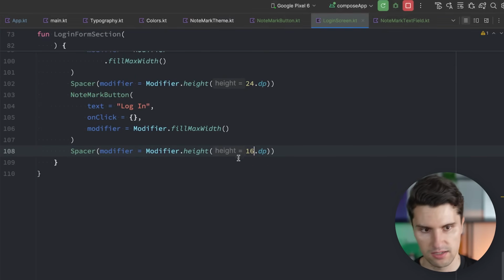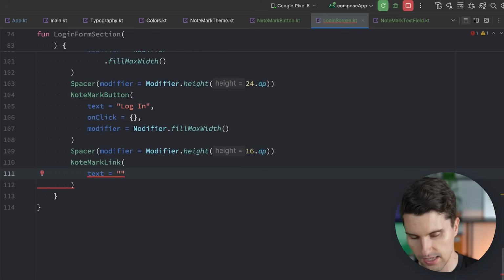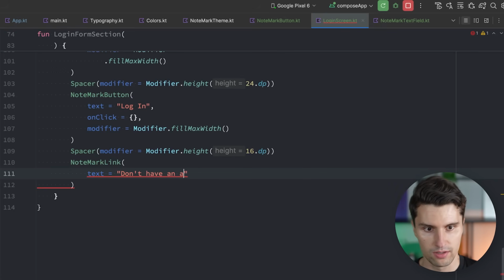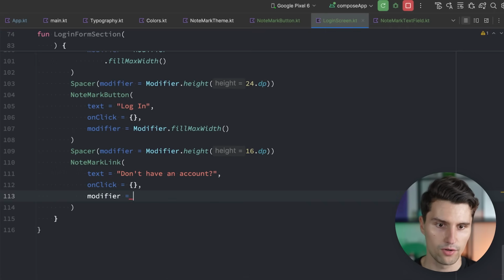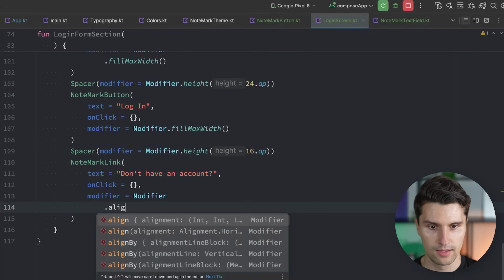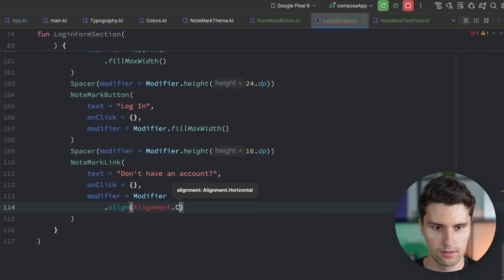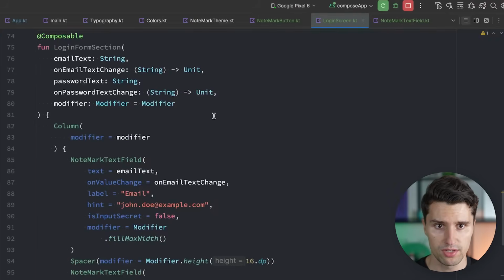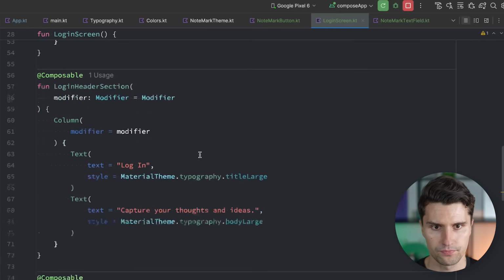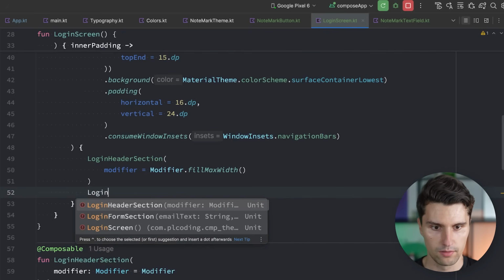This one can be 16 dp again, but then we have NoteMark link, where the text says don't have an account. OnClick is empty. And lastly, the modifier would be Modifier.align, so to align this in the middle of our column horizontally. So we can say alignment, import that, CenterHorizontally. And if we show this now, so this LoginFormSection, up here below our login header section, LoginFormSection,